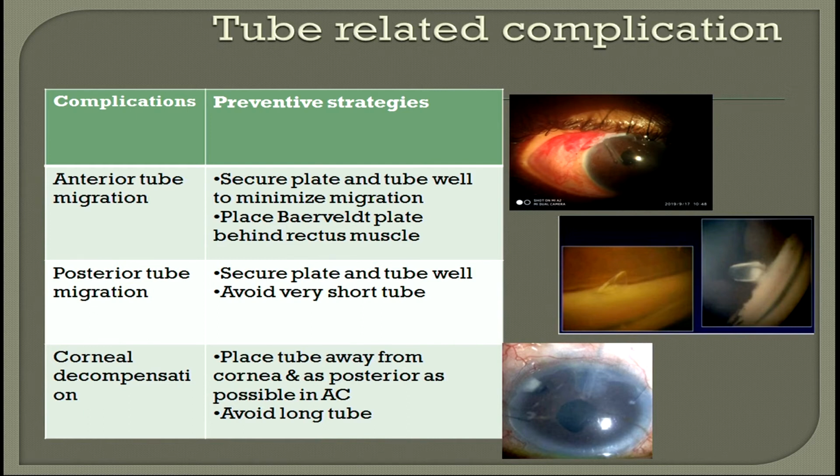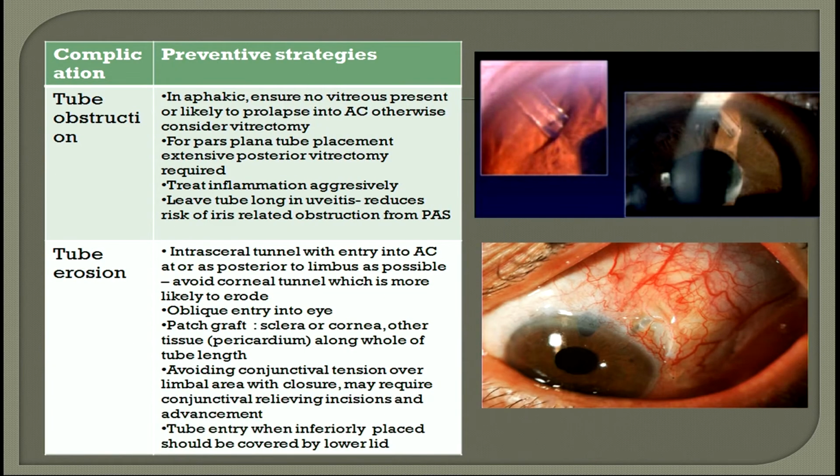To prevent various tube-related complications, the important thing is to secure the posterior plate, secure the end plate accordingly, so that we can prevent anterior as well as posterior tube migration. If the tube migrates or touches the endothelium, it can cause corneal decompensation. If the tube is obstructed by iris or vitreous, we can do a YAG laser to relieve that